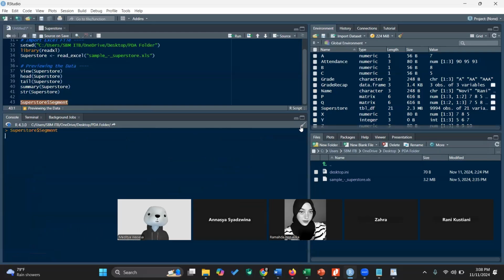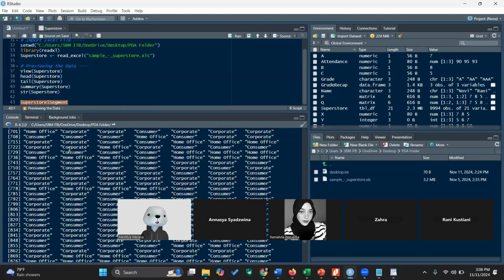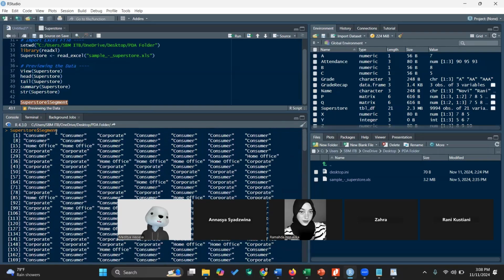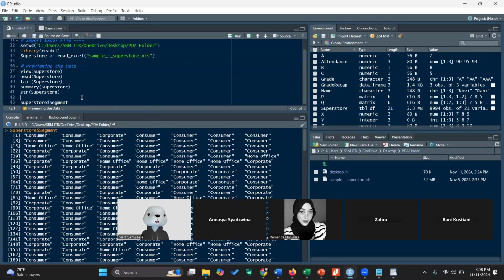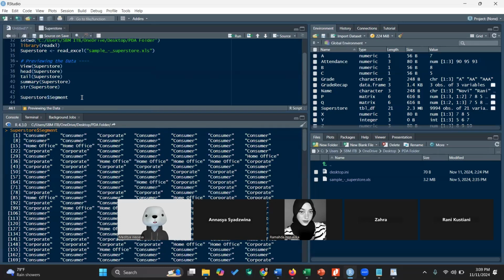If I run the code, it will only access the values of segment: consumer, corporate, consumer, corporate. So for example, another column.